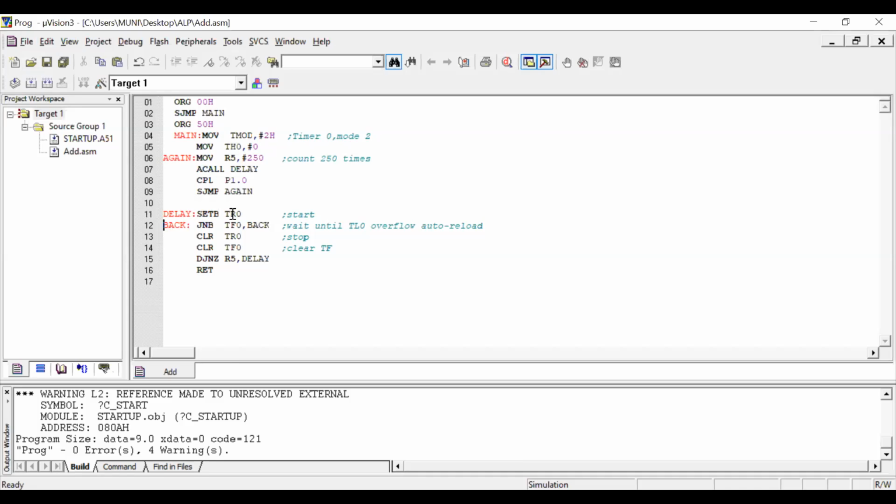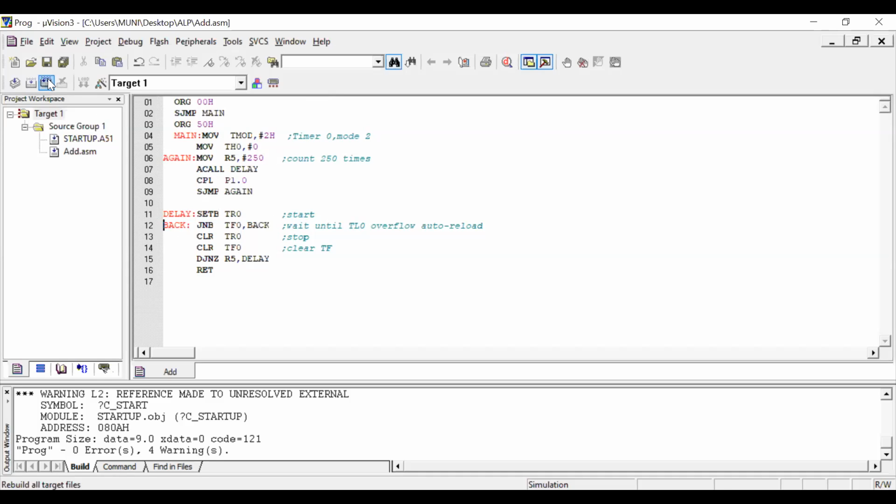Here SETB TR0 starts the timer. Wait for the overflow flag with the help of JNB TF0, back. After that, if it overflows, then stop the timer, clear the overflow flag, and then decrement R5 by one. The R5 value is 249, it is non-zero, so it is repeated. Then 250 times it will be repeated.